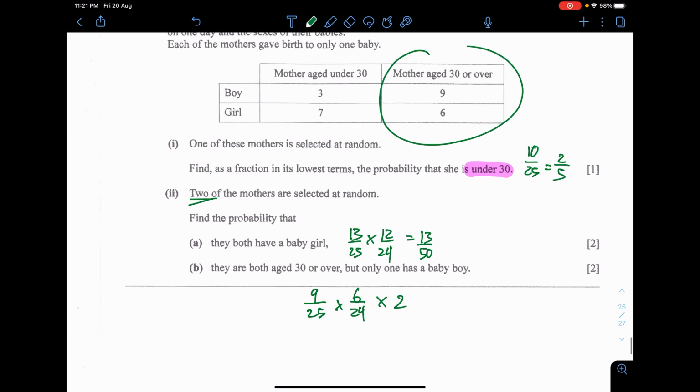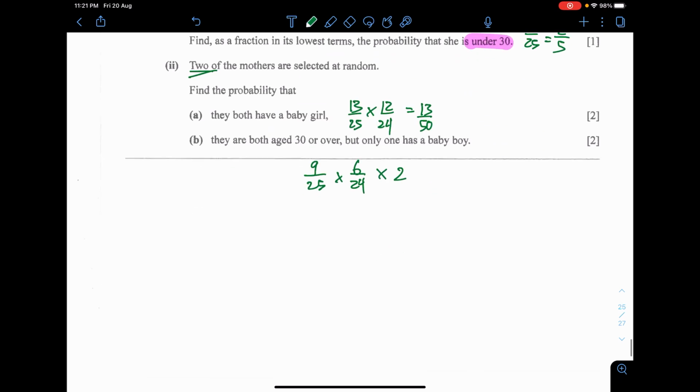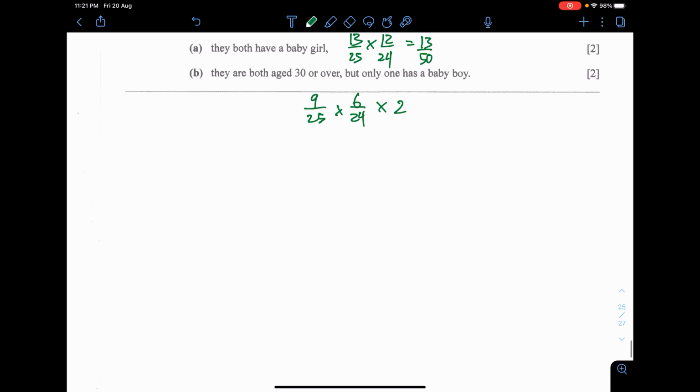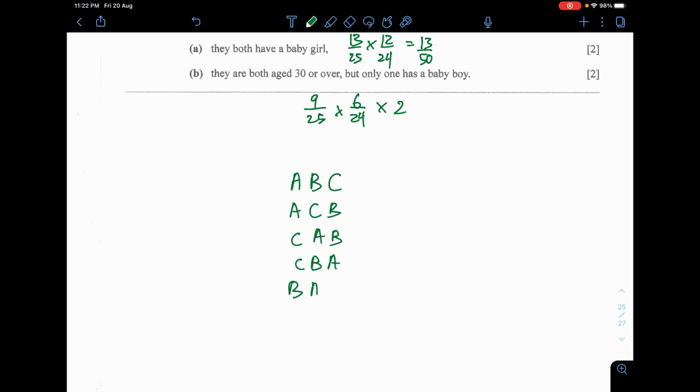Let's just say that there are 3 variables. Maybe there is a third gender, Apache helicopter, let's just say. Some of you might think that if you have 3 genders, then you multiply by 3 in the end. And no, you actually do not multiply by 3. This is a very important concept for probability. It's not tested here, but I just want you to know. If you have 3 unique things to mix up, think about it like A, B, and C. You can mix up like A, B, C; A, C, B; C, A, B; C, B, A; B, A, C; and B, C, A.